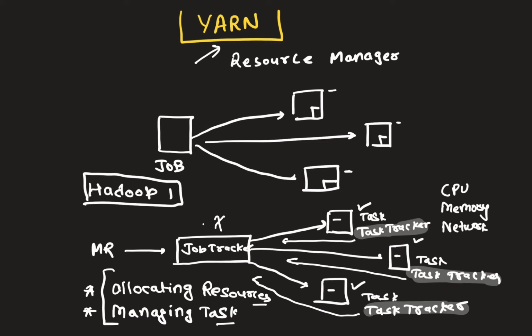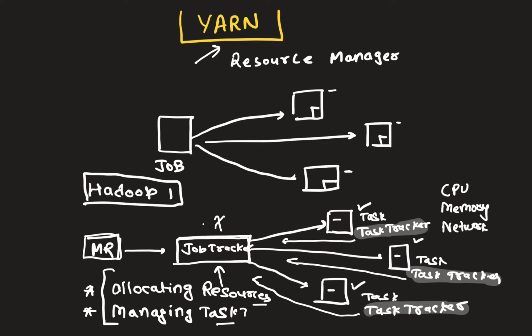Hadoop 2. And before going into the Hadoop 2 solution, one more limitation with this approach was that this job tracker is a concept dedicated to MapReduce jobs only, and managing the resources was tightly coupled inside job tracker, so resource management and task management was only possible for MapReduce jobs. MapReduce jobs, as you all know, are batch driven jobs.